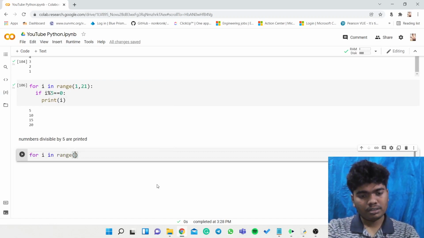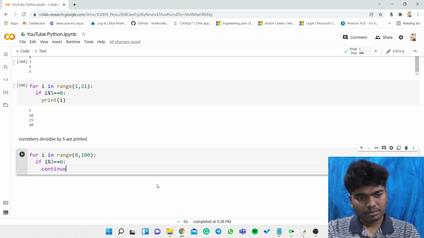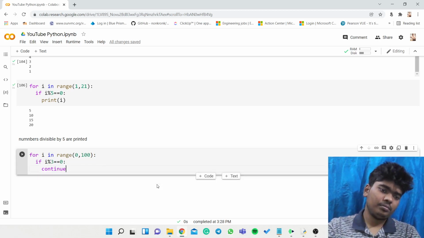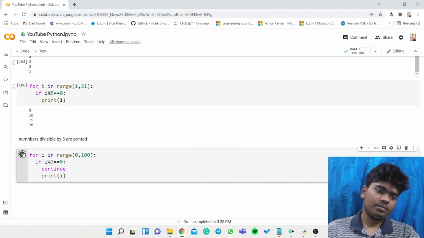So for i in range 0 to 100, if i percentage 3 double equal to 0, continue. And then print i. I think this is fine.